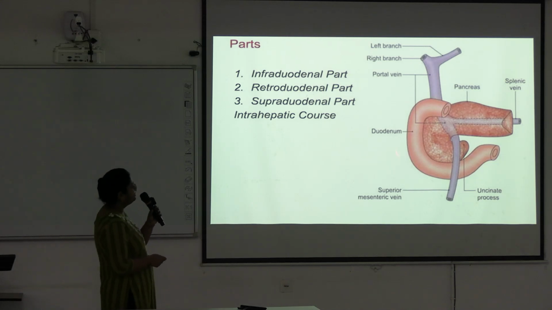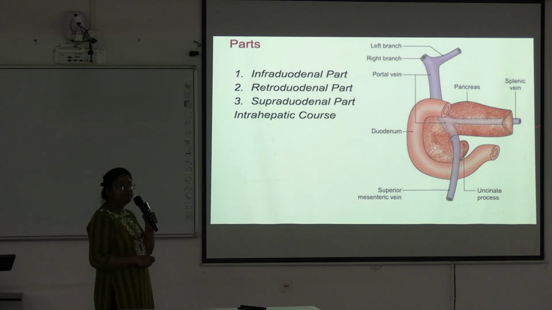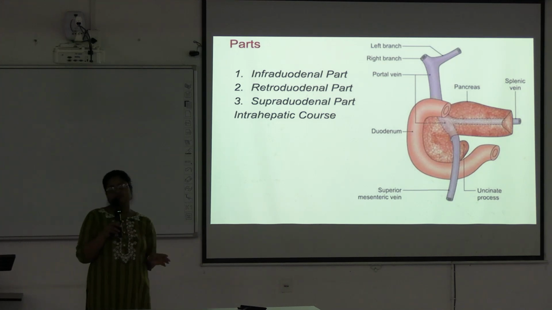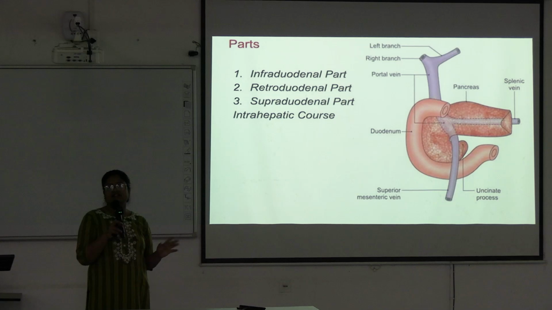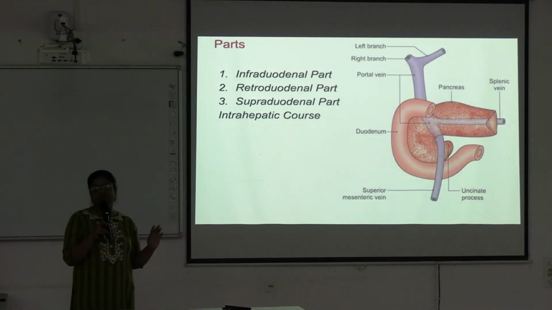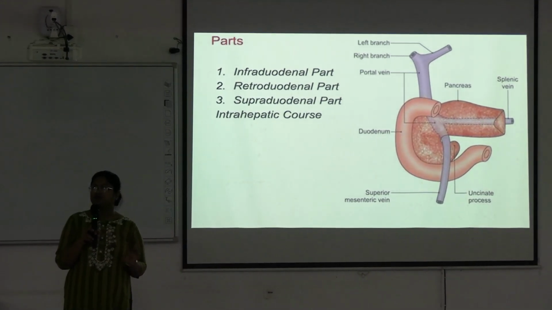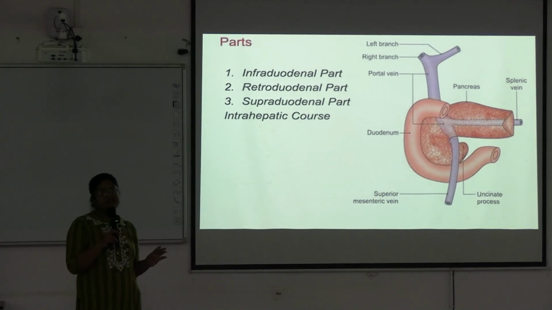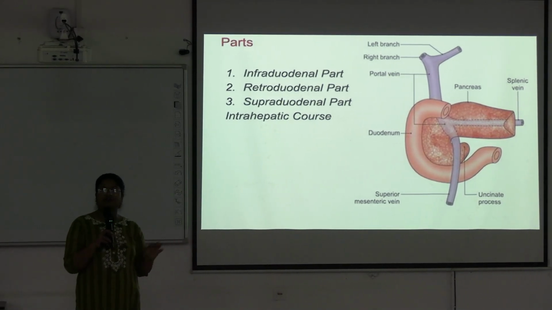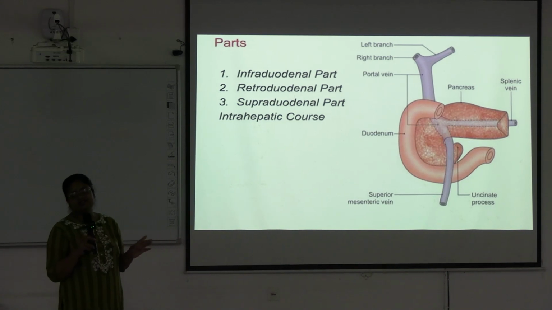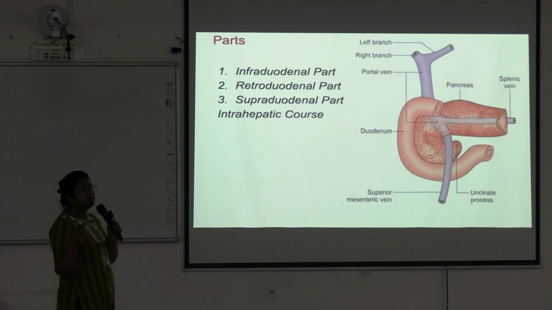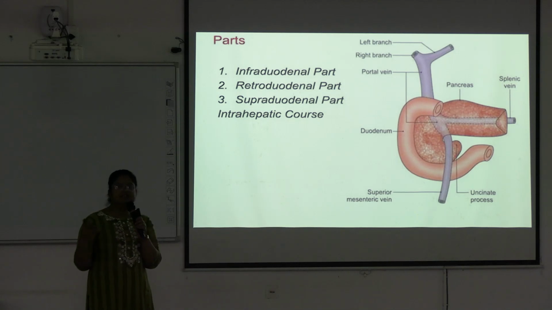So you practice a schematic diagram like this for the portal vein. The portal vein is also an important short note. And portosystemic anastomosis is a very important short note, and it can also come as a long question. The clinical aspects, hemorrhoids and esophageal varices, are all important clinical questions. Why it occurs and which veins are anastomosing at these regions are very important questions.